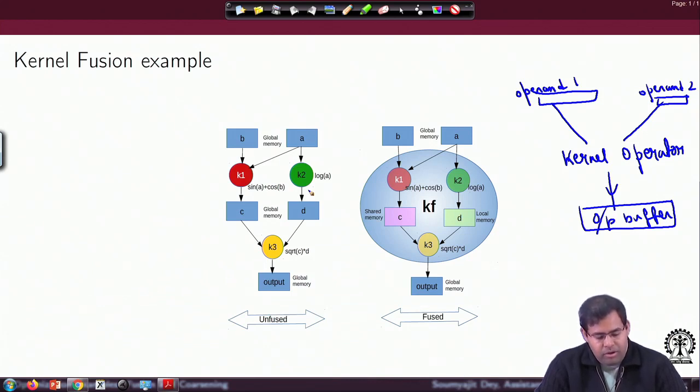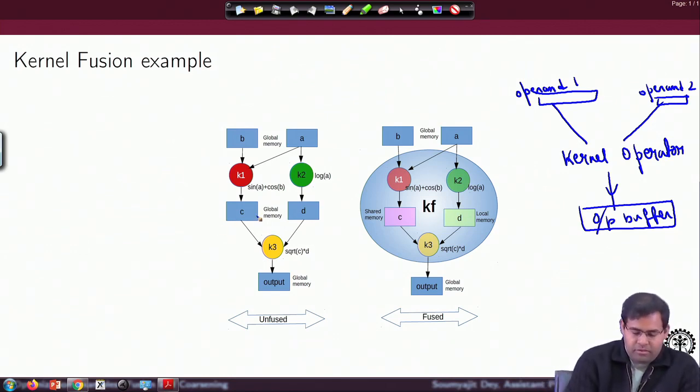Then I want to execute K3, which is going to take in the contents of C and D and perform a further complex operation: a square root of C multiplied by D, and output that in the global memory.